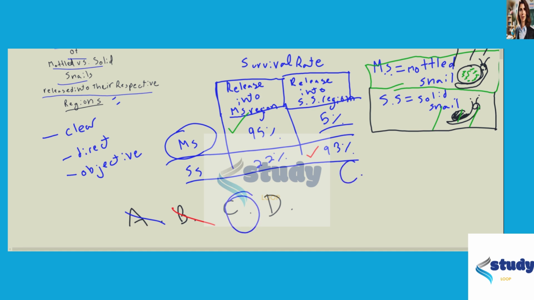Because this is talking about, it mentions native. So they've adapted to their ecosystem, which is already what the question is set up. And it also mentions that they're having higher survival rates in their actual area that the data is showing here. And since the question doesn't premise that we should not believe the data or anything, we're going to think that C is correct. And then D is incorrect